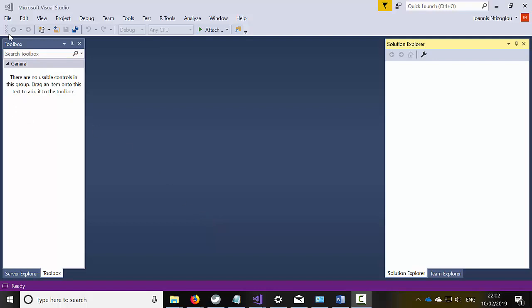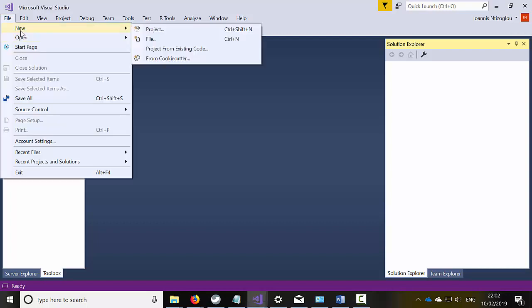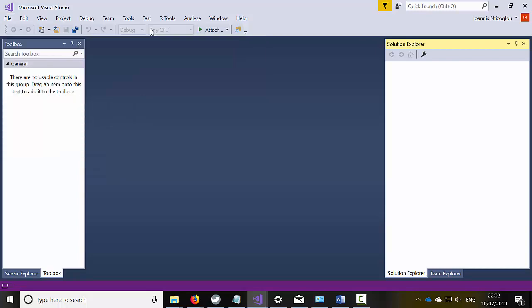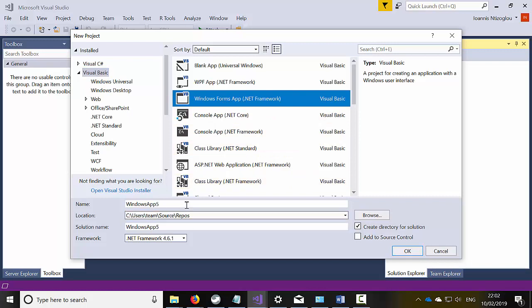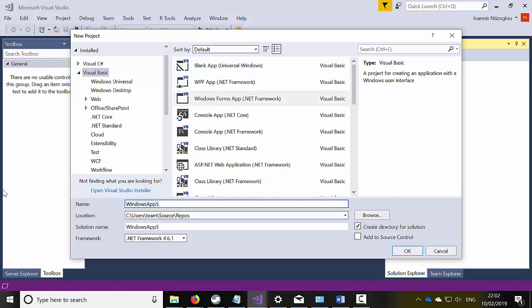In this tutorial I'm going to show you how to create a toggle button by using Visual Basic. What's a toggle button? Let's create a new project first. So go to File, New Project, Visual Basic, Windows Phone Application, and I'm just going to call it